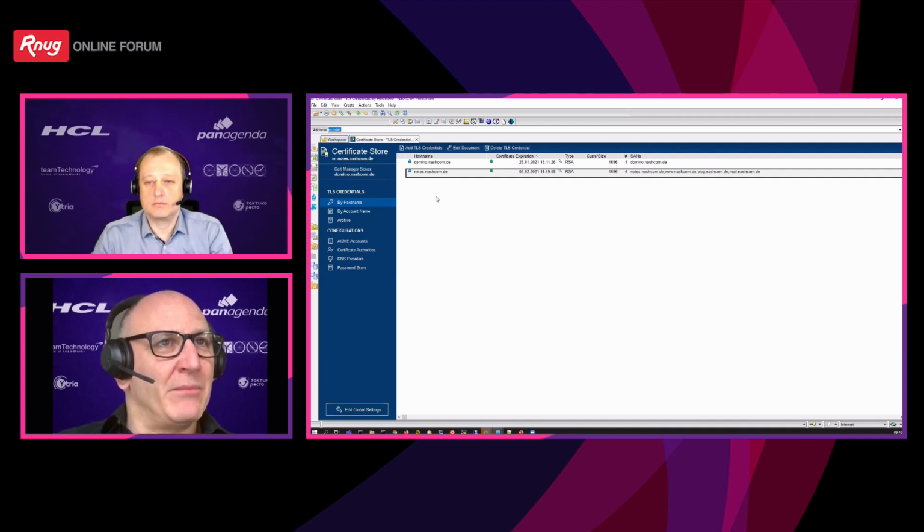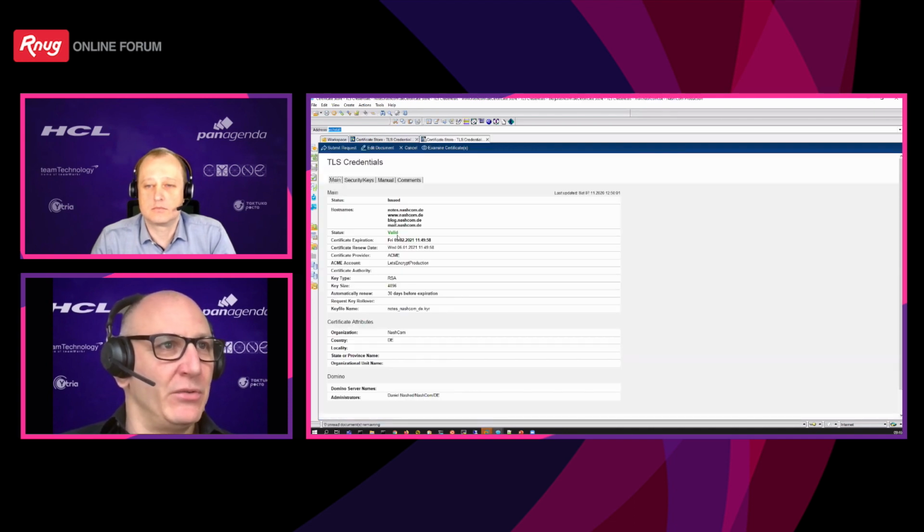So I can tell you, the certificate expiration is shown here on the screen directly, in the view. And you can configure how many days before the expiration the automatic renewal should happen. And this can even be configured in the